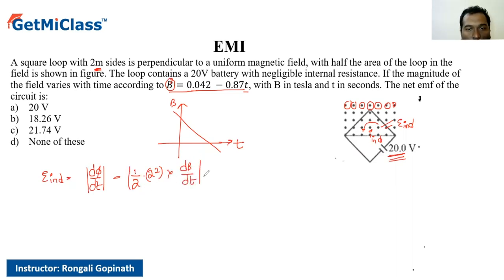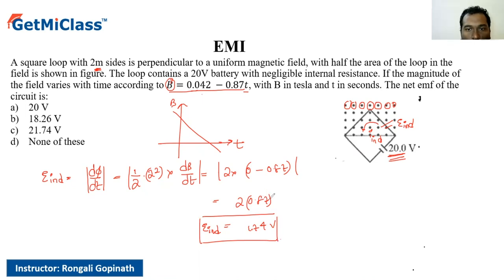We are interested only in the magnitude, which is 2 times dB by dt, which is 0 minus 0.87. Since we are interested only in magnitude, it is 2 into 0.87. That would be 1.74 volts as the induced EMF,